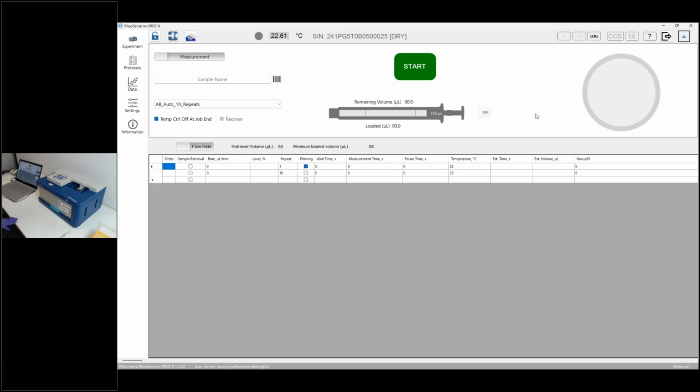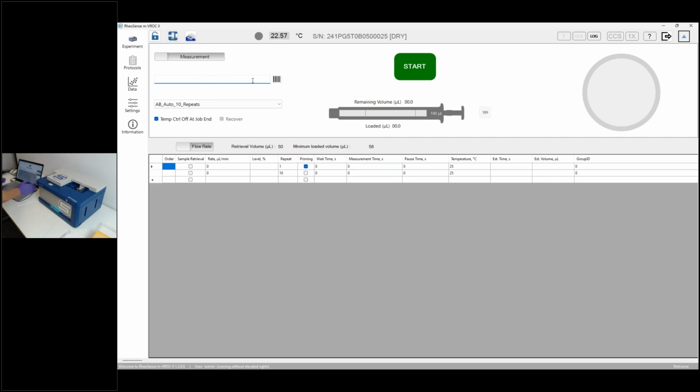And so what we learned with our fully automatic Initium 1 Plus system, we've taken that and kind of shrunk it down to the VROC II. So this is an example of what the software looks like. This particular program that we have running includes a priming step and then 10 repeats of the same sample. And so once you've loaded it into the VROC II, you basically name your sample,